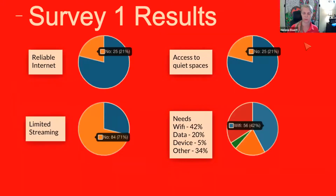Let's look at the first survey. We realized pretty quickly that not all our students had reliable internet. They didn't all have laptops. A big one was access to quiet space. A lot of our students have siblings and parents who work from home. There was a lot of sharing of devices, and definitely not good Wi-Fi and limited streaming. So that is something to consider